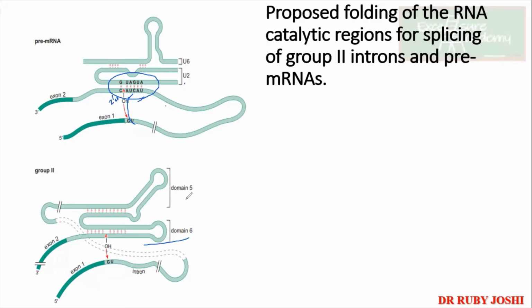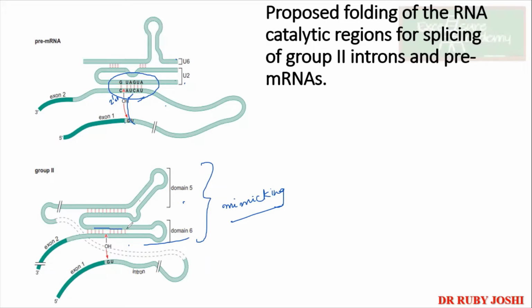Okay, so those are known as domain 5 and domain 6. ये आपका इंट्रॉन ही है जो एक दूसरे के साथ बेस पेयर करके सेल्फ स्प्लाइसिंग में हेल्प कर रहा है. So it is just mimicking the activity of your spliceosome. Can you see? Can you correlate? So जहाँ पे U6 is making interaction with U2, similarly the domain 5 and domain 6 are making interactions with